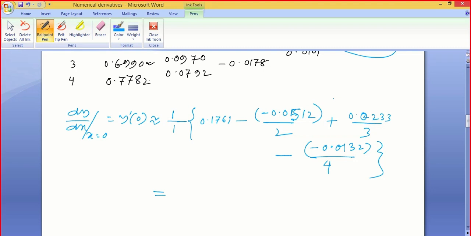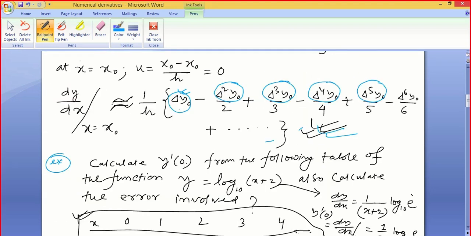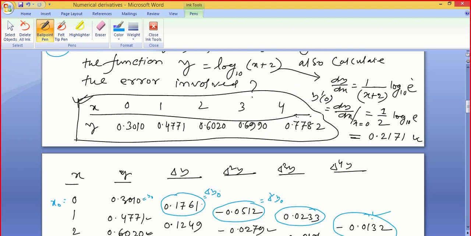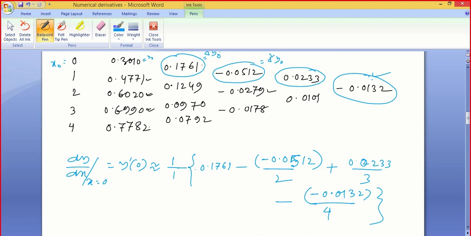Yes, sir. In the formula alternating series, I have rearranged the upper diagonal elements: first difference by 1, second difference by 2, third difference by 3, fourth difference by 4. In that way, just alternating series, first value plus, minus, in that way, outside 1 by h. First value positive, minus, plus, minus. After that, you don't have any difference, so no need to write values after that. Okay.